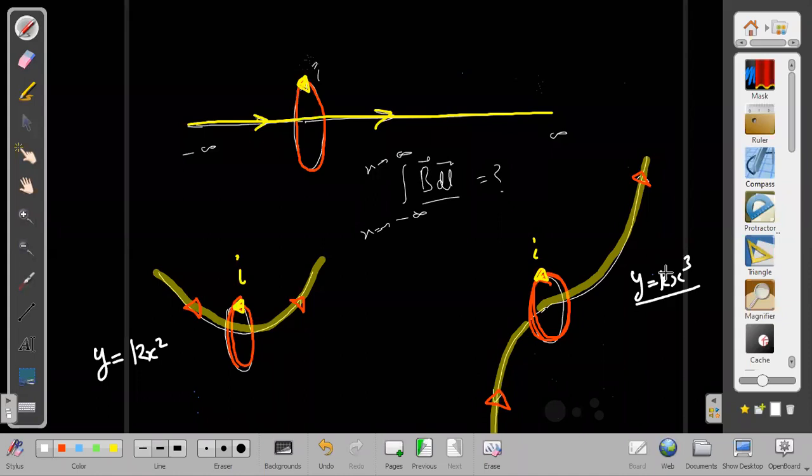Sir, 4km by R cube, sir. First question, what are we getting? 4km by capital R cube, the radius of that ring. 4k means mu naught upon 4 pi into capital M. Yes, sir, I into pi r square upon R cube. Yes, I got that, sir. Dimensions are wrong. For mu naught I into r square upon R cube, you are getting mu naught into I by r. The dimensionality is incorrect because I expect the answer in terms of mu naught into I. Oh, okay, sir, some mistake in dimension, let me correct it. Yes, sir, by r square, sir. That's all. Now it is correct at last.